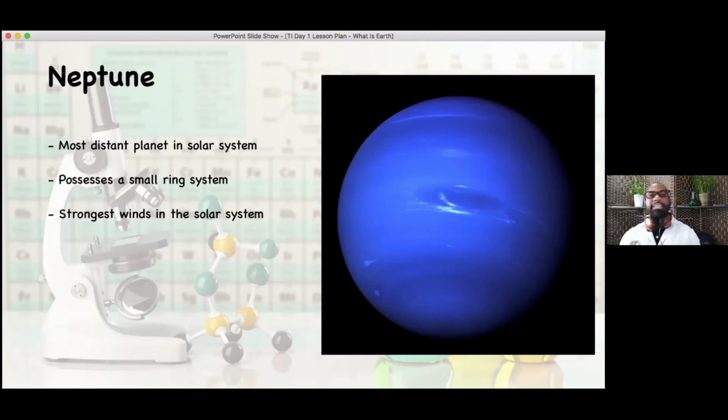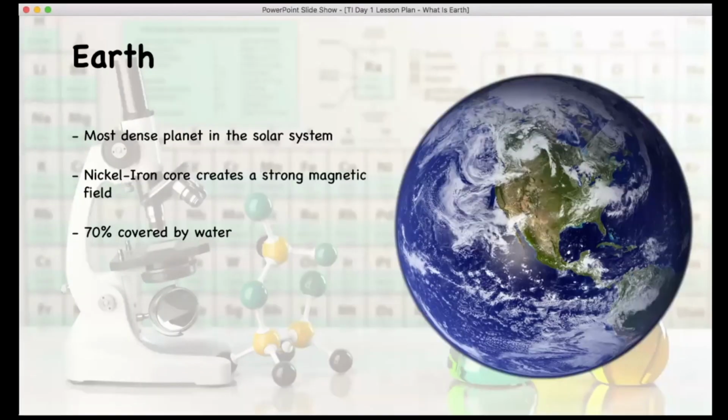And so this gives a brief overview of some of the other planets that exist in our solar system. So this gives us a great understanding about how Earth looks and the components of Earth and its correlation to all the other planets that exist in our solar system. Having a better understanding about what's around us and how all these other planets are made up will give us a better understanding of exactly what Earth is.